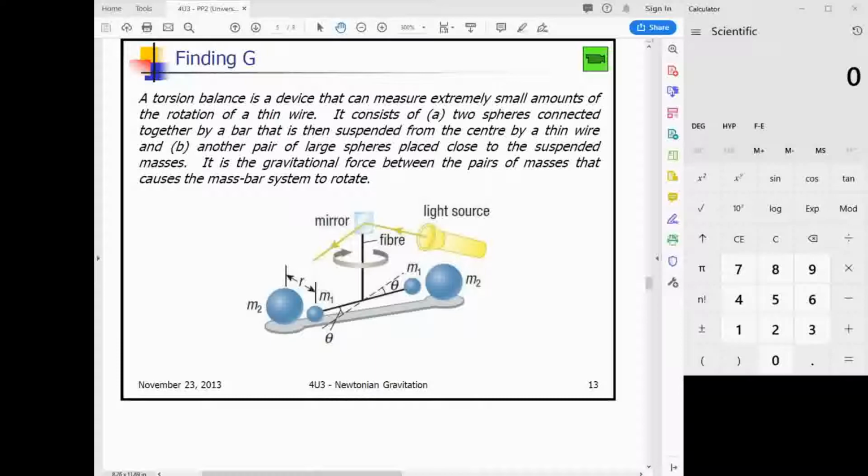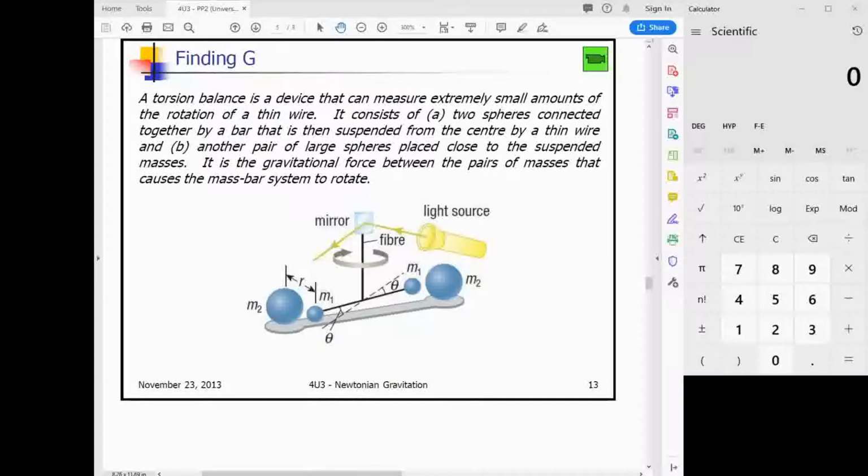And those two objects are brought near two other objects. So in that image, what you see are the two small spheres, labeled M1, and the two large spheres, labeled M2. Those small spheres are fixed to each other. And if there is a force of gravity between all objects, then what we would see